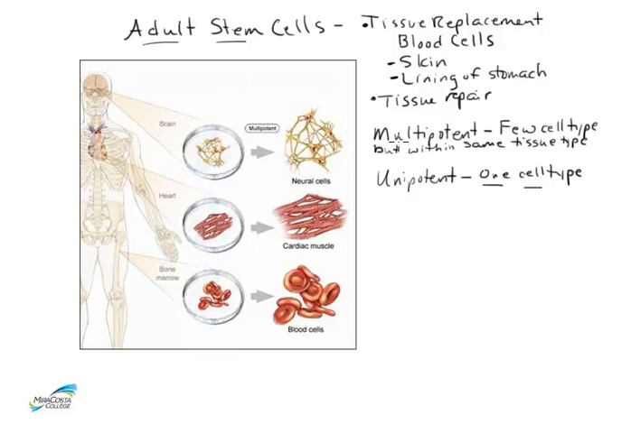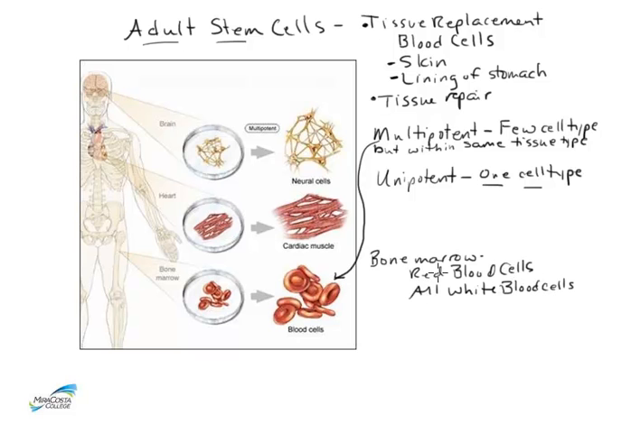So examples of multipotent stem cells would be something like the bone marrow stem cells. These are stem cells that exist within the long bones and the flat bones in the adult, and they produce red blood cells as well as all of the different types of white blood cells that circulate in our body. So red blood cells that carry oxygen, white blood cells that function in immunity, they all come from stem cells